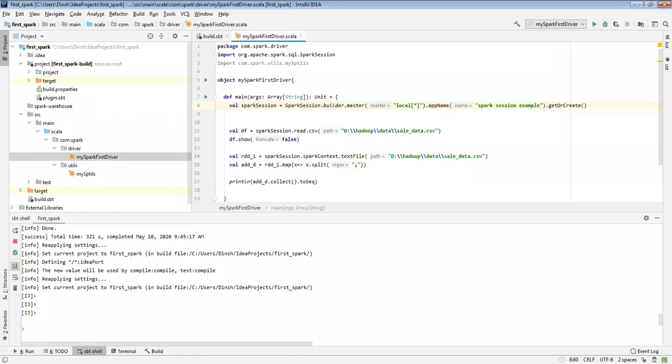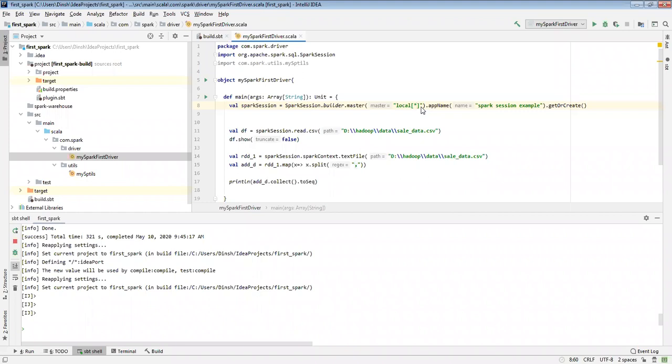When you are building a project locally, you might have mentioned local star. That means whatever cluster you have locally will be launched to execute your Spark application. If you want to use Yarn, then instead of local you need to give master. If you give master, then the Yarn master will be launched. But in my local I don't have Yarn, so that is why I use local star.